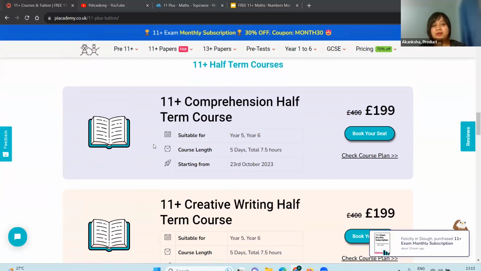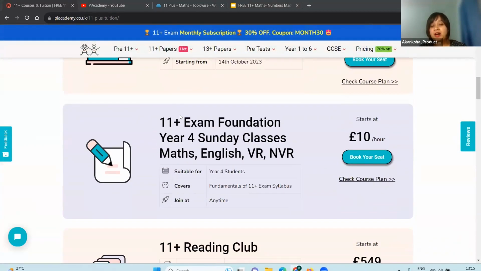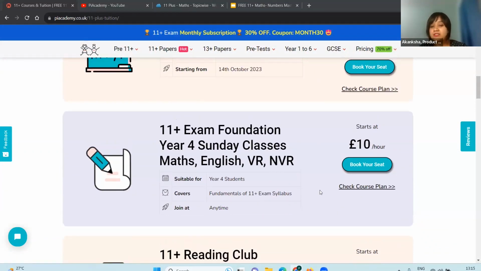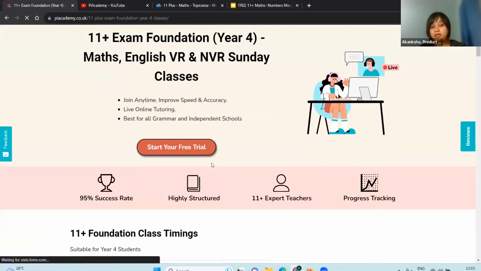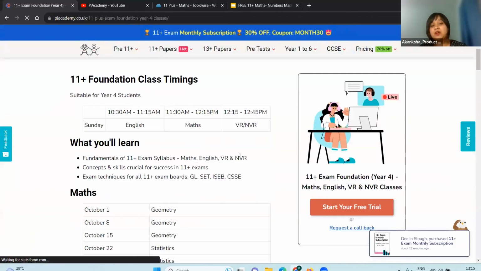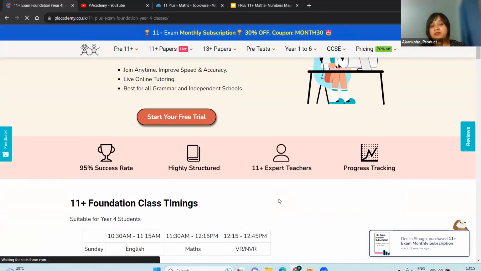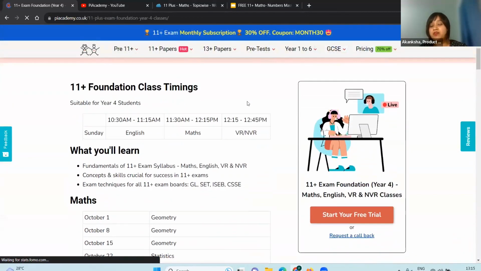So as we have some year 4 children here, we would also be introducing you to our 11 plus exam foundation year 4 Sunday classes. So year 4 students who are aiming to get a seat in the top UK grammar and independent schools, we also have a course for you. These are the 11 plus year 4 foundation classes. They make sure that your foundations are clear and you are well prepared to begin your 11 plus exam